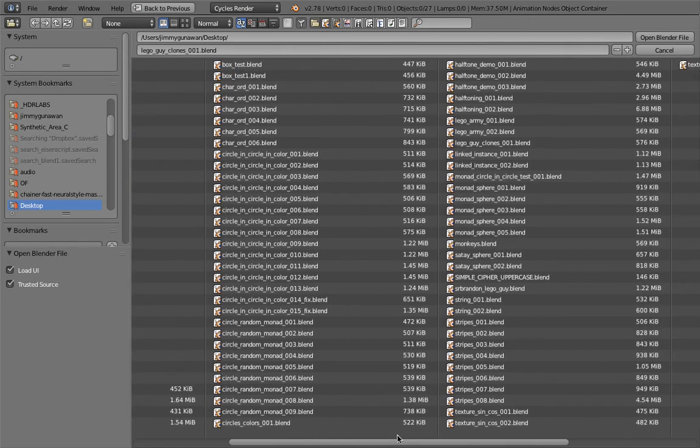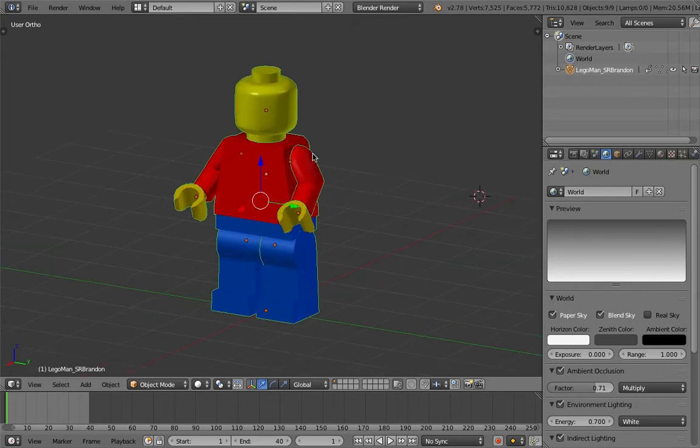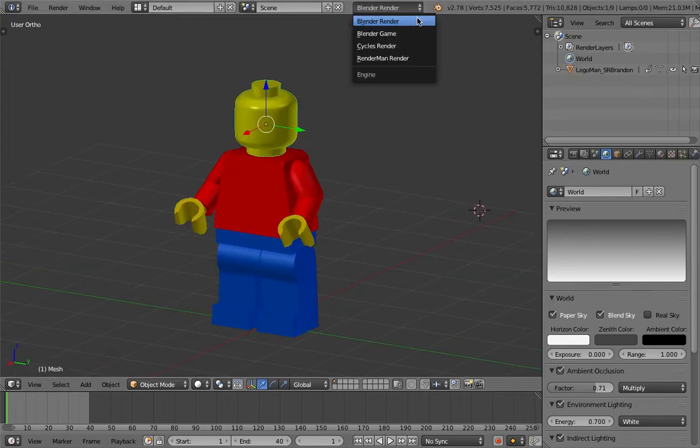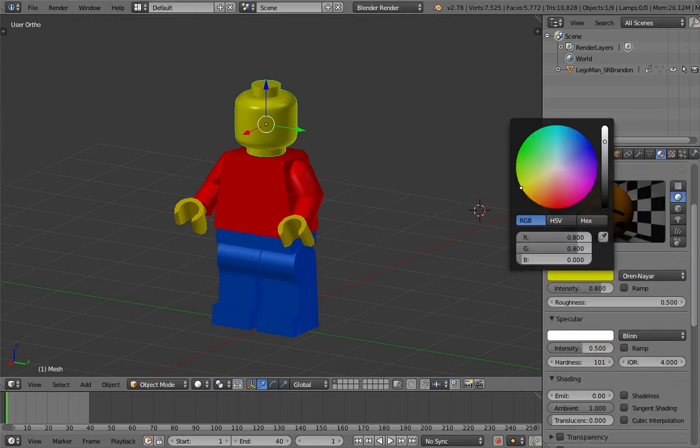let's see where's the original. This one, SR Brandon Lego guy. So this is the original. The material is set for Blender render. It's not a Cycles render material. But you can always change this, like for example the head, we can change the color, maybe change it to